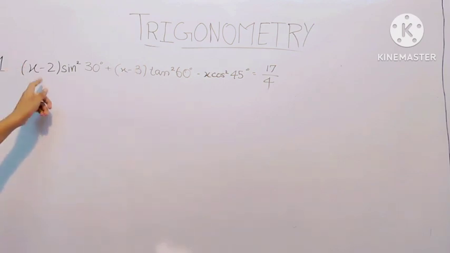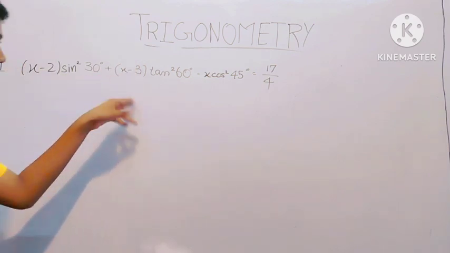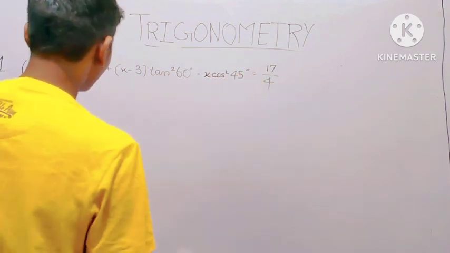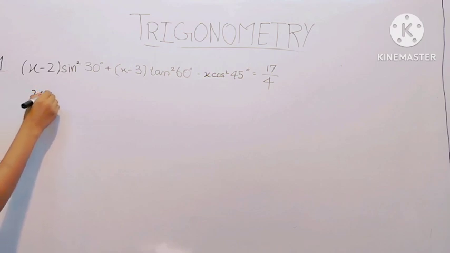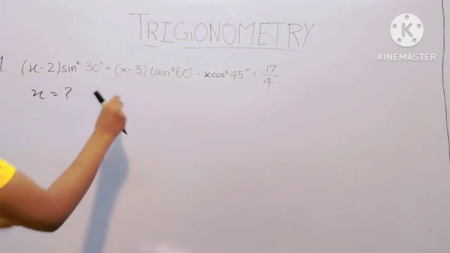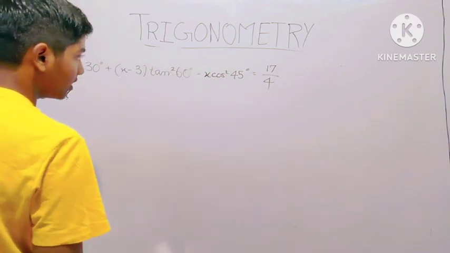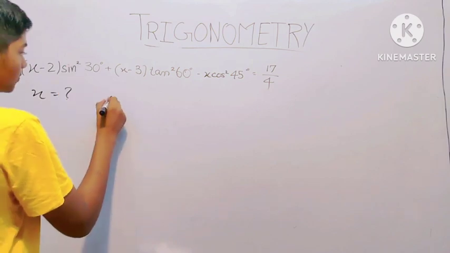The question says (x - 2) sin² 30° + (x - 3) tan² 60° - x cos² 45° = 17/4. We need to find x. So first, let's put in the values of each of these: sin² 30, tan² 60 and cos² 45. So we have (x - 2)